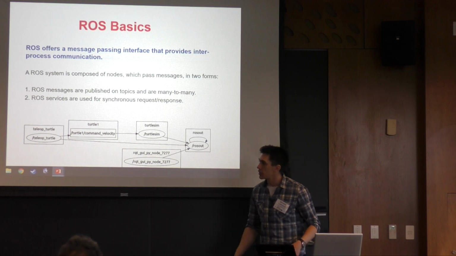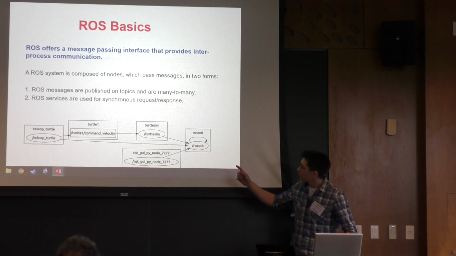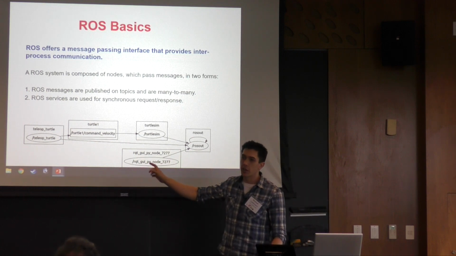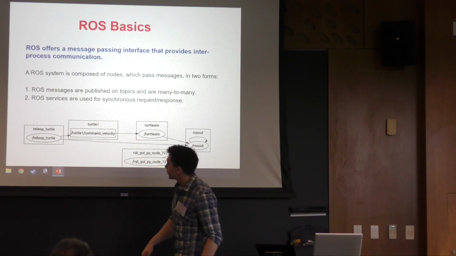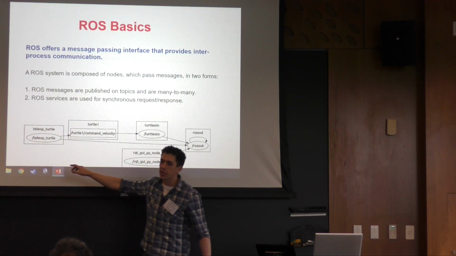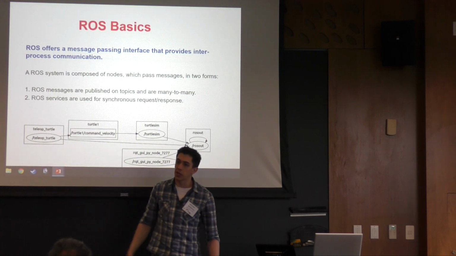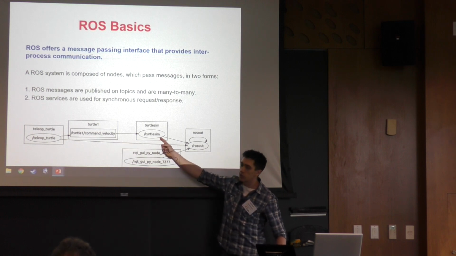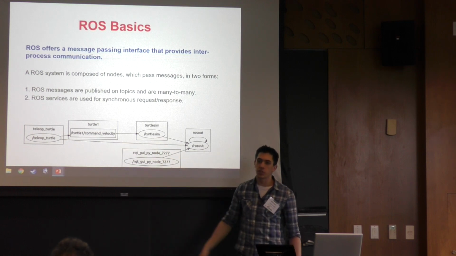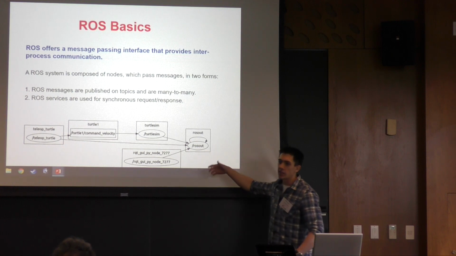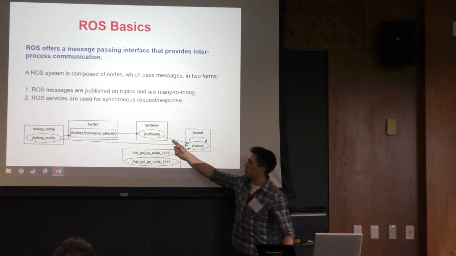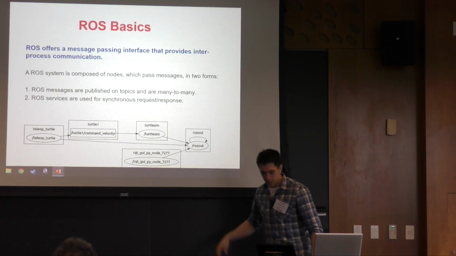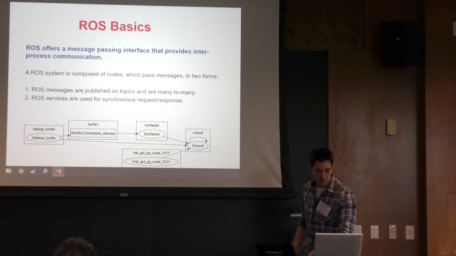So an example of a ROS system here, there's these circles and nodes which are running, and the square is the title of a topic. Here we have a teleoperation node, which is just listening for commands from a keyboard, publishing these to this command velocity, which is being subscribed to by a simulation node, which is simulating a robot. In this system, there is actually no robot. It's just a simulated robot being driven by a keyboard. So there's no AI, there's no robot, but it's a ROS system.